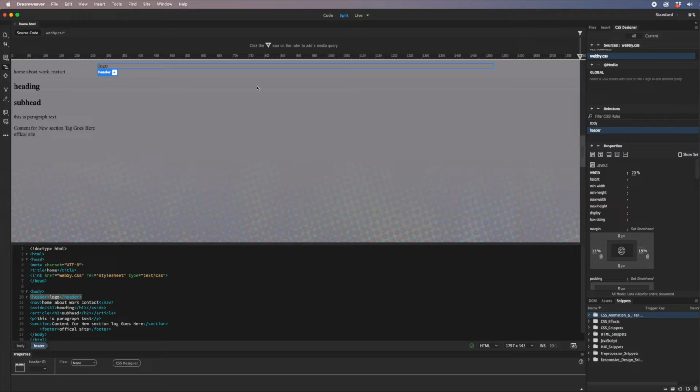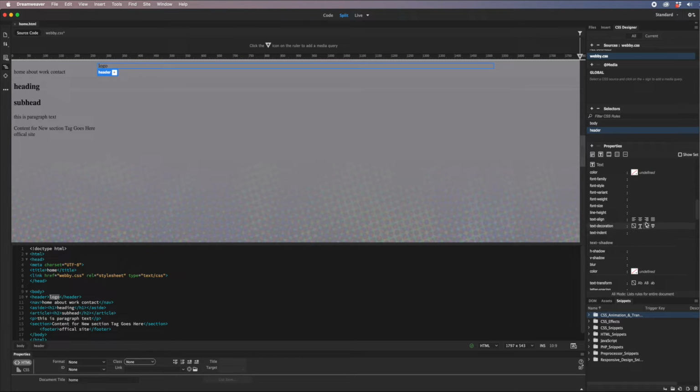So that one's sorted. And I also want whatever the type is going to be there to be in the center. So even though this is type, we're going to use a logo soon, but I'm going to click into my type here because I just want that to be centered. And kaboom, there it is. So I'll leave the type there just for the time being, but essentially what I can do is